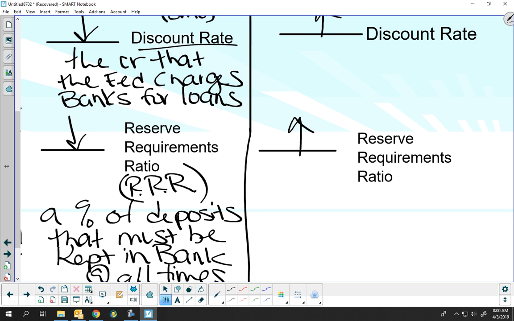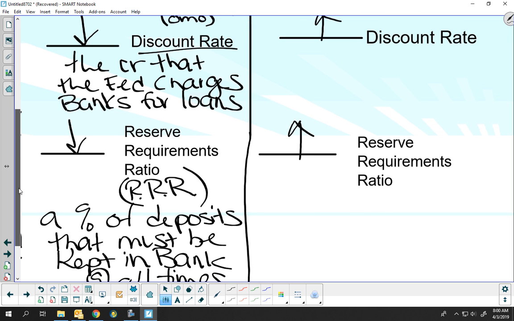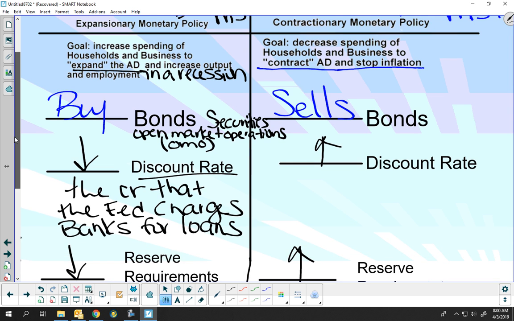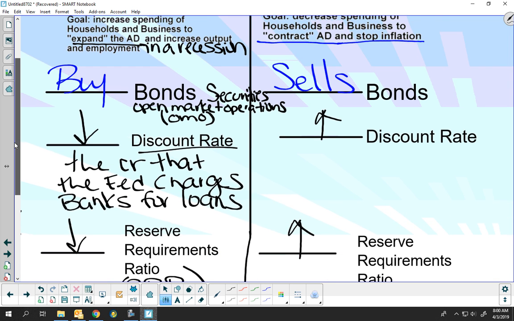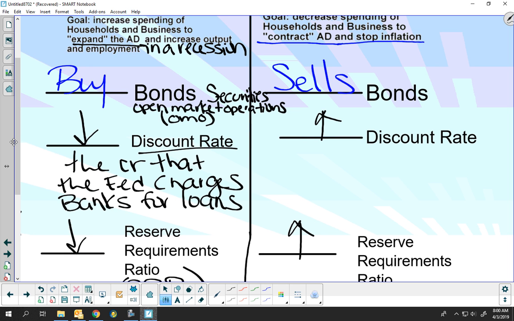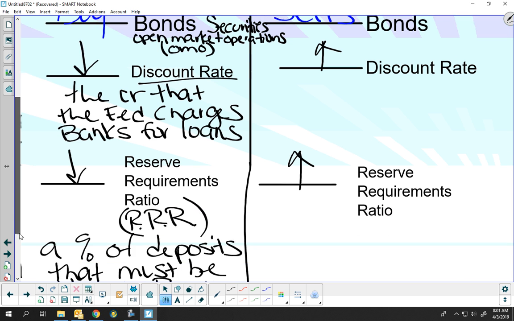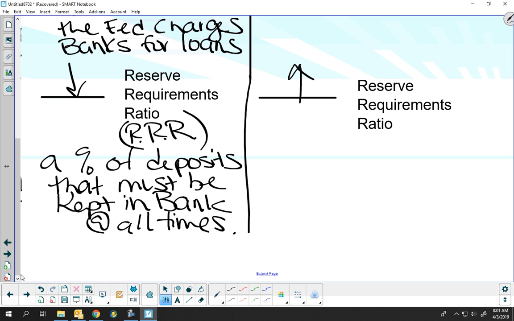Okay, yay! All right, so if you just memorize one column, you've got the other one set. Buy, lower. Sell, raise. So buy bonds, lower the discount rate, lower the required reserve ratio. Make everything cheaper if you want people to spend more. Make everything more expensive if you want people to spend less. So buy, lower to expand the economy; sell, raise to contract it. I think we have done